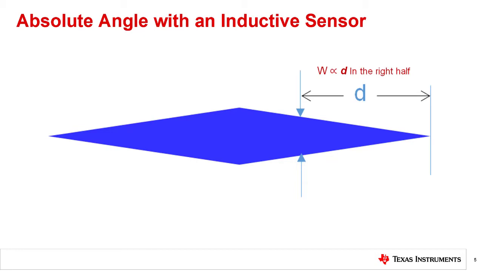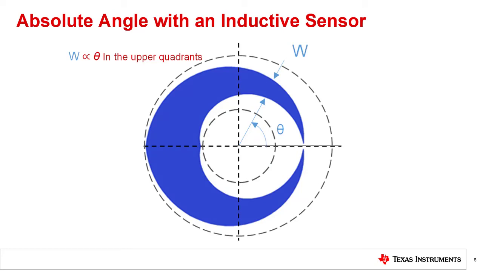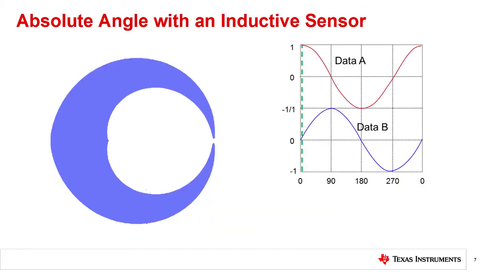While this target may be useful in linear travel, we can modify this shape to be more suitable for rotation. If we were to distort this shape by wrapping around on itself, we can produce a circular shape where the width is proportional to the phase angle instead of the length. With this new target, we can rotate the target in place rather than moving it linearly over the sensor to achieve the same sinusoidal behavior as the output. The sensor coil will continue to experience the same mutual inductance with the target, and we therefore expect the same output behavior as observed previously with the diamond shape.